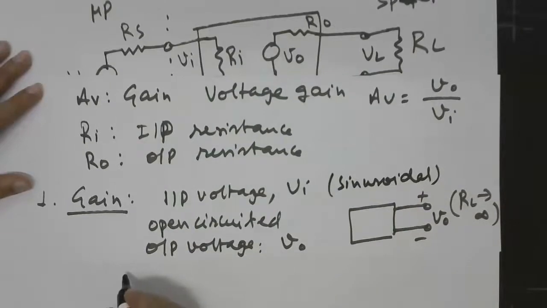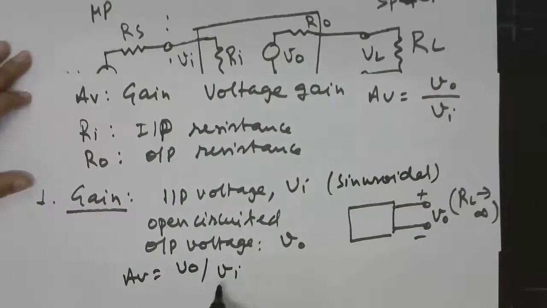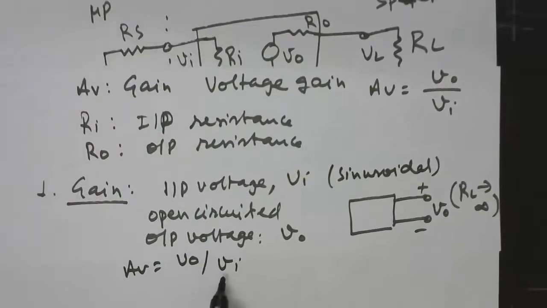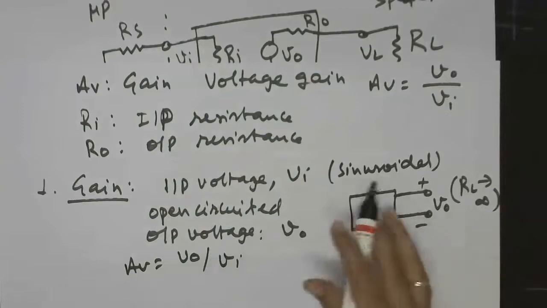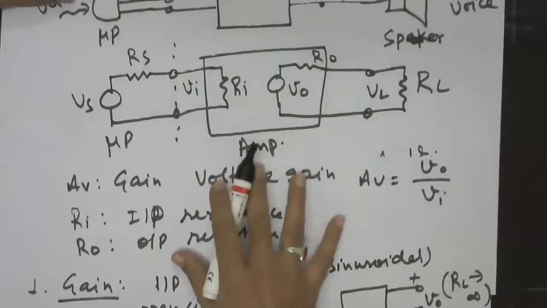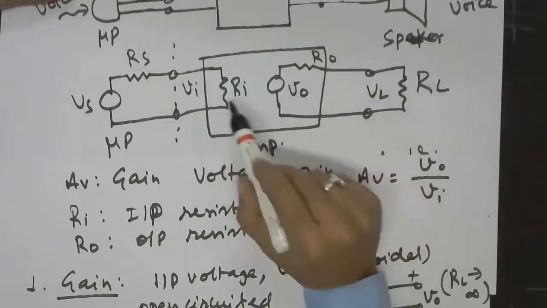And that will give the gain. So AV is going to be output circuit voltage divided by the input voltage amplitude. This is going to be the voltage gain. And since we have to describe this whole thing in terms of voltages, that is why we were interested in output voltage to the input.